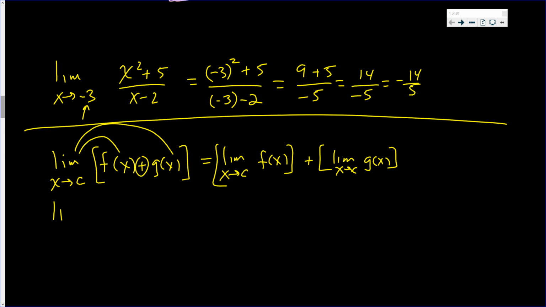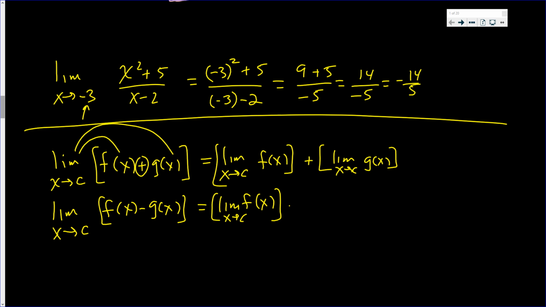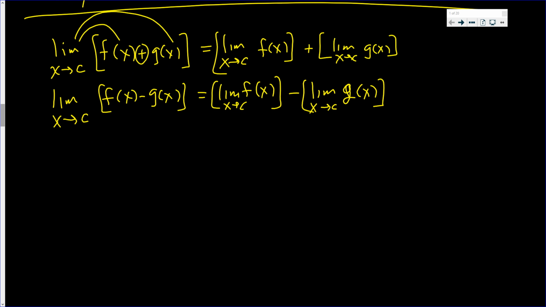And we have the same thing for subtraction. If you have f of x minus g of x, the limit of that, you can take the limit of the first function, whatever that is, as x goes to c, and then subtract the limit of the second function. Very, very friendly limits. So, for example, if f of x was to be x squared plus 3,